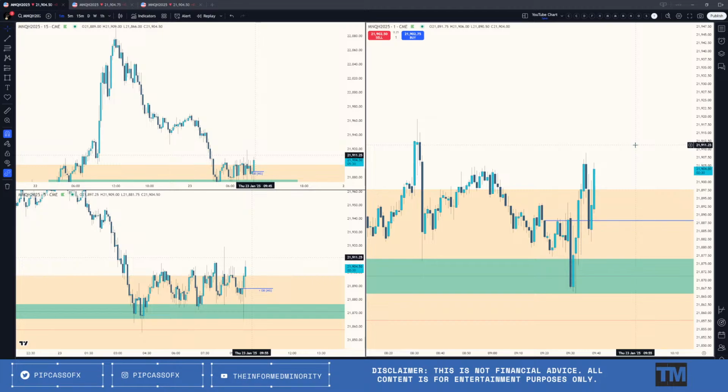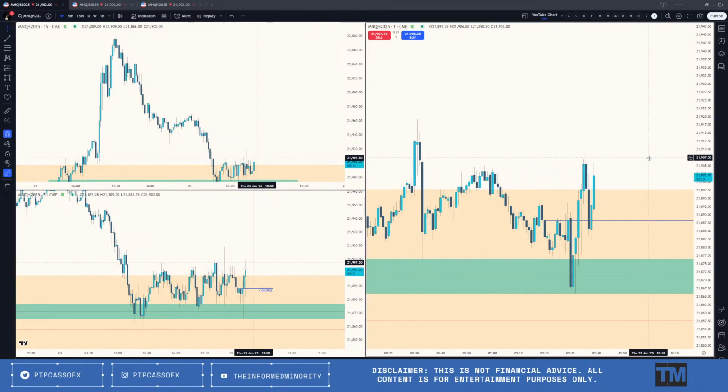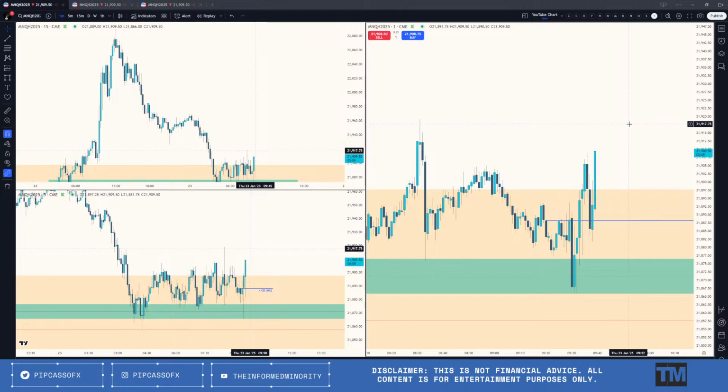Not too much, because I believe, again, it's going to go higher. But yeah, midnight opening price. I used to do a lot of midnight opening price. I used to draw that out a lot. I haven't done that so much now, but I know it is kind of important. There we go. I like this.